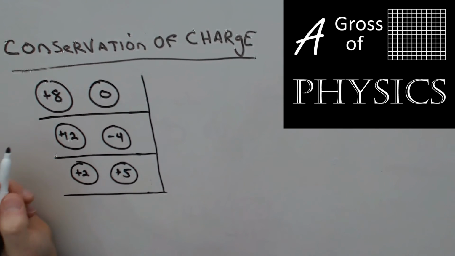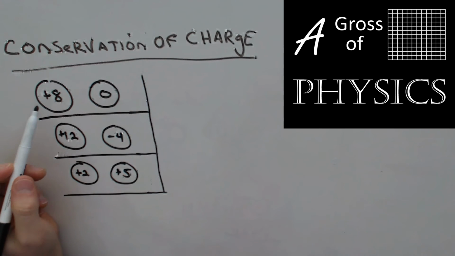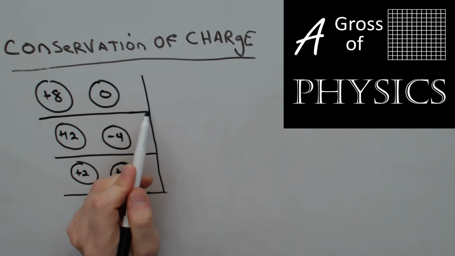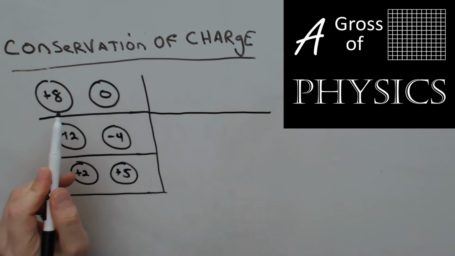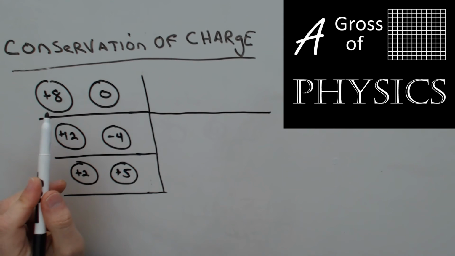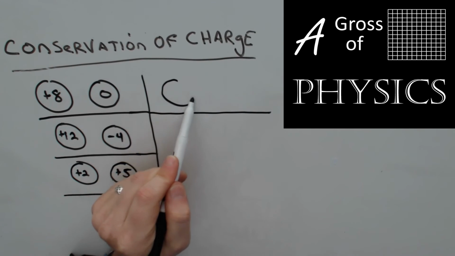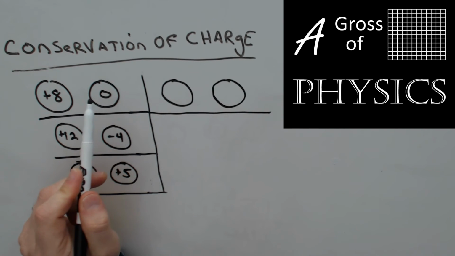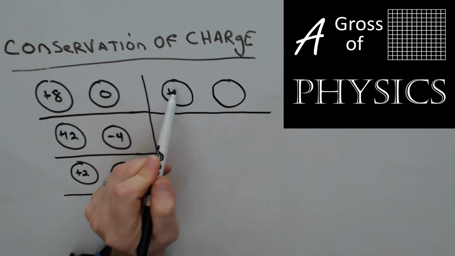All right, we have 3 separate examples here. We have a plus 8 and a 0. We have a plus 12 and a minus 4. And we have a plus 2 and a plus 5. So let's look at the first one now. Total charge on this first one is plus 8. And there are 2 objects. So when they combine, they will keep the plus 8 and distribute as plus 4